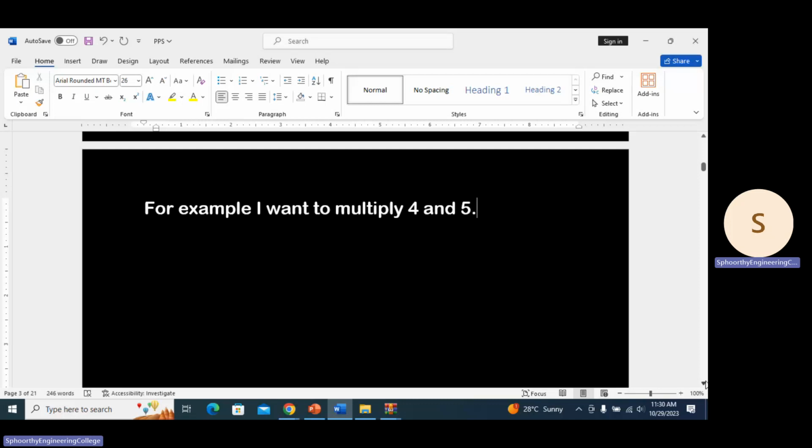Means I should know binary form of 4, I should remember binary form of 5, and I should remember the binary code for multiplication operation. Similarly, if I want to do addition, I should remember the binary code of the data, and I should also remember the binary code of addition operation. For example, in a computer, if there are 15,000 operations that are possible, then I should remember 15,000 binary instructions of that computer. Yes or no? How difficult it is for us to remember these many binary codes and then talk to computer using binary language? It is very, very difficult.